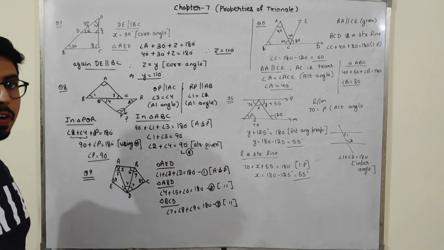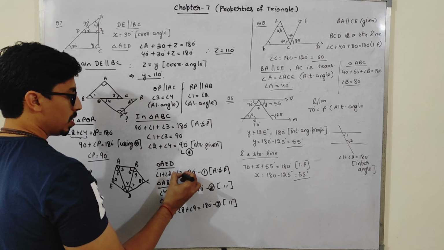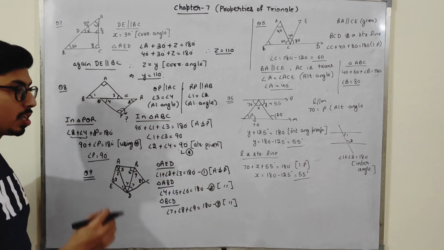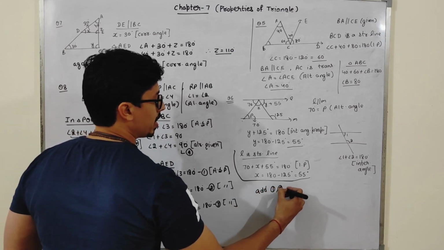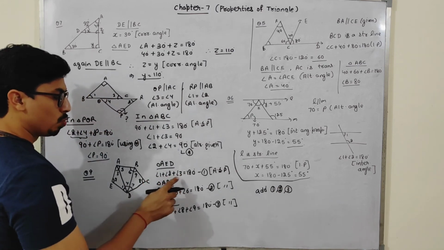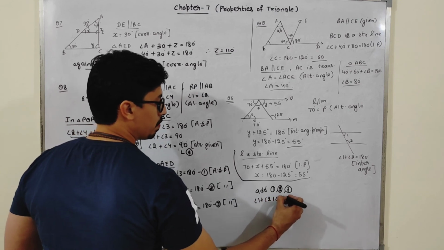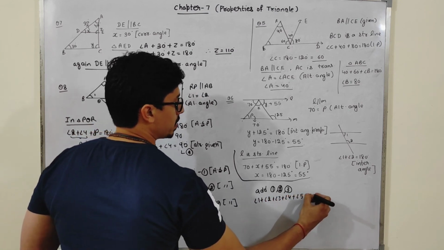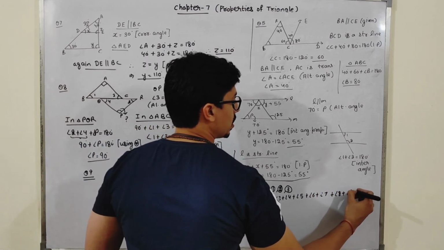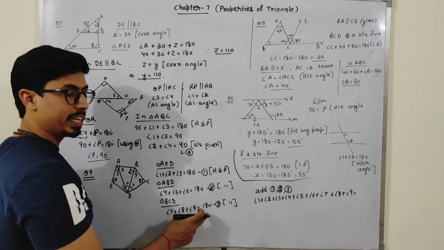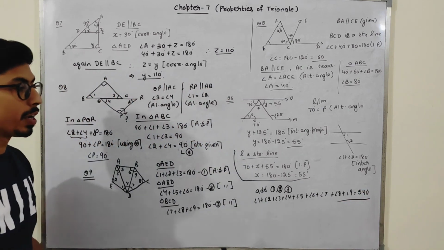Now what I have to do is find out the sum of all the angles. That means I have to add these. So this is 3, sorry. Just add equations 1, 2 and 3. If I add them, what I will get? 1 plus 2 plus 3 plus 4, 5, 6, 7, 8 and 9. So this will be 180 plus 180 plus 180. This will be 540, students. So 540 is my required answer.